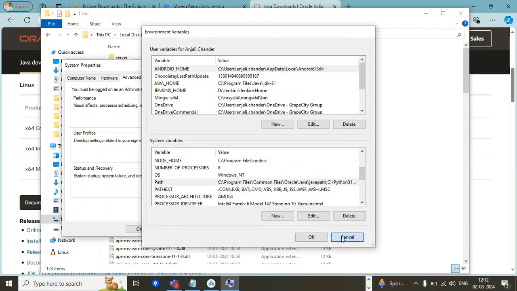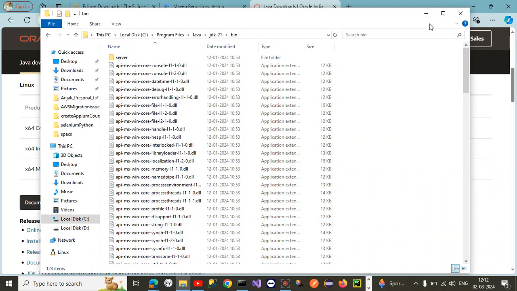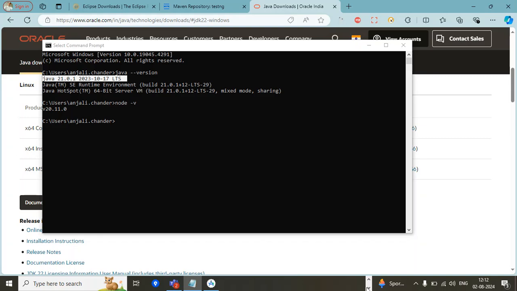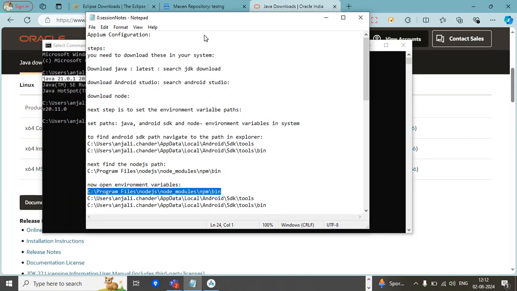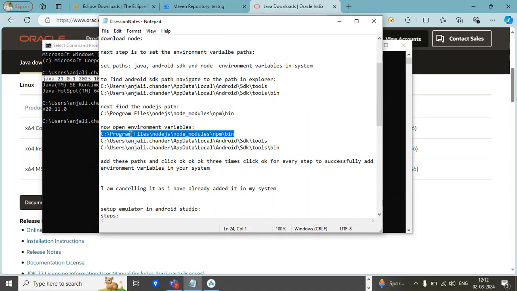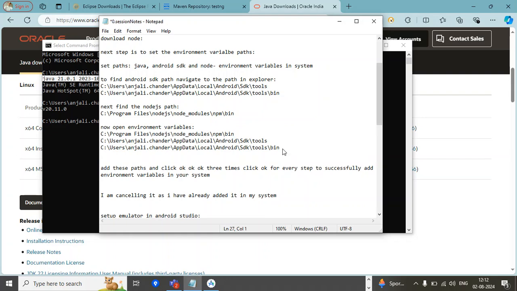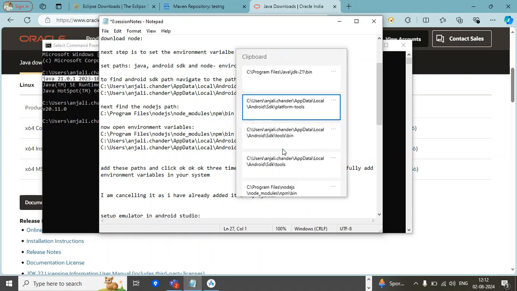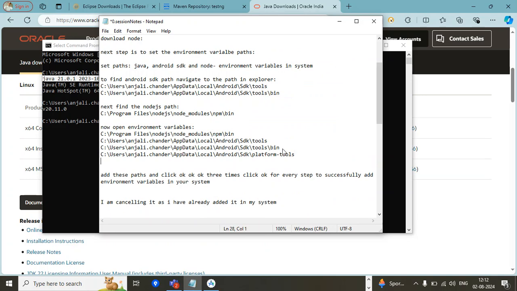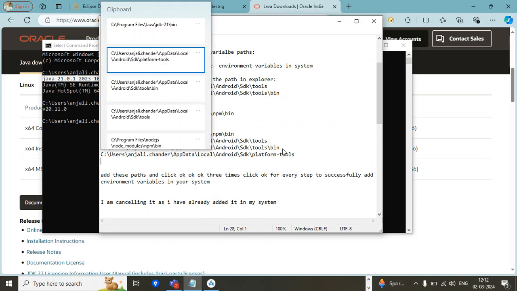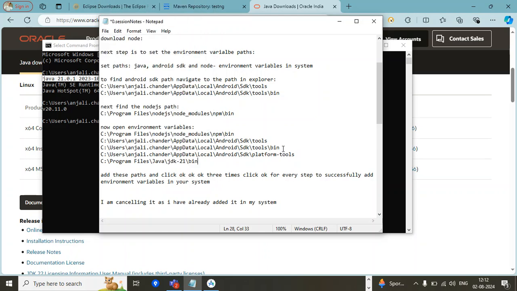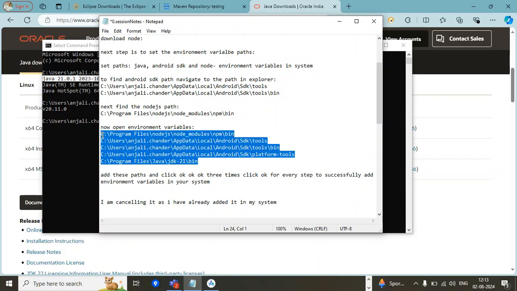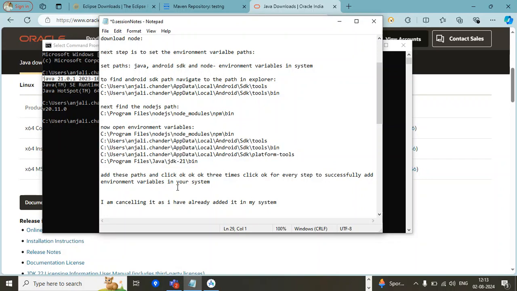I'm canceling it because I have already added this path. So we have added path for the Node.js, Android tools, platform tools too. Yeah, we have added it for this too, and we have added path for Java JDK as well. So these are the paths that you have to set for your system.